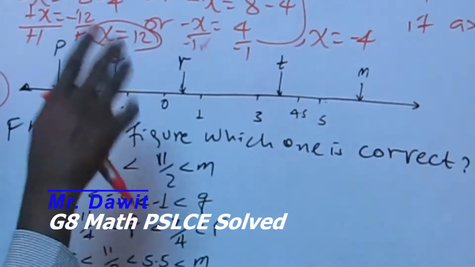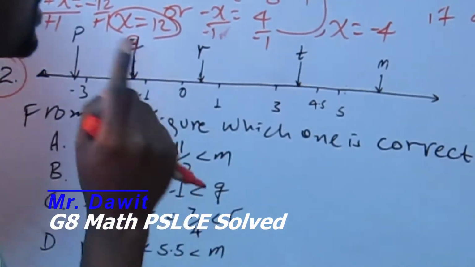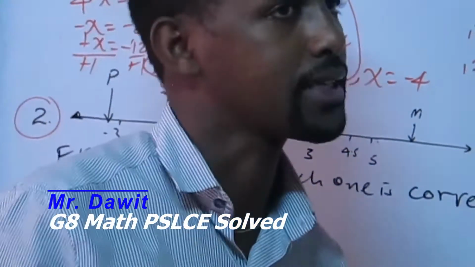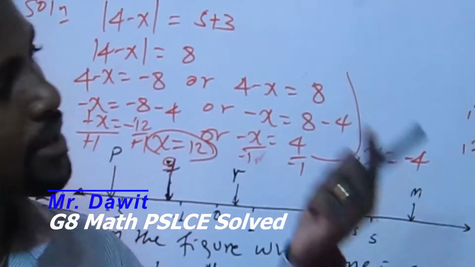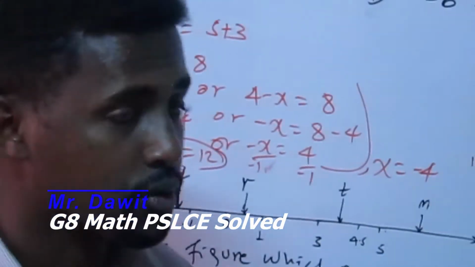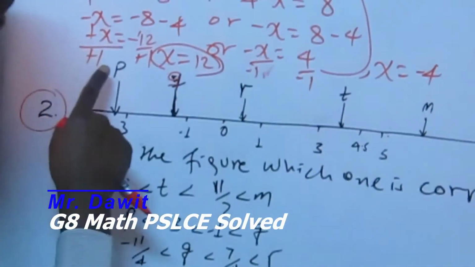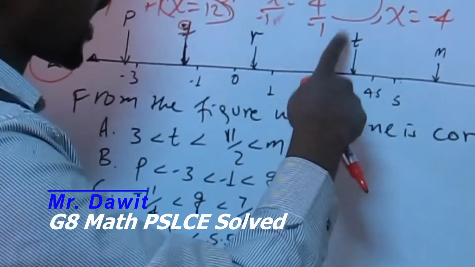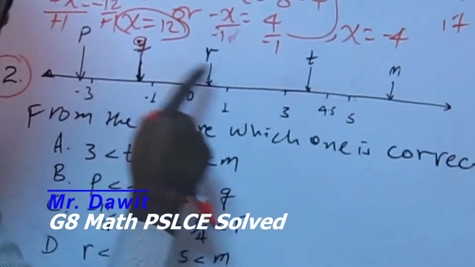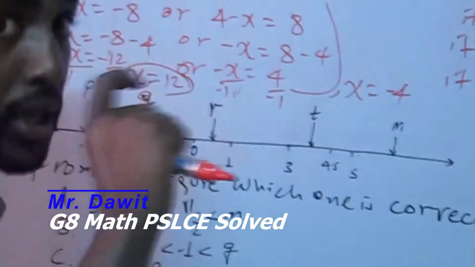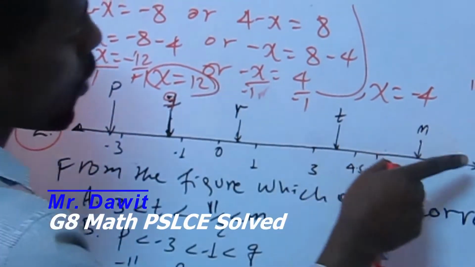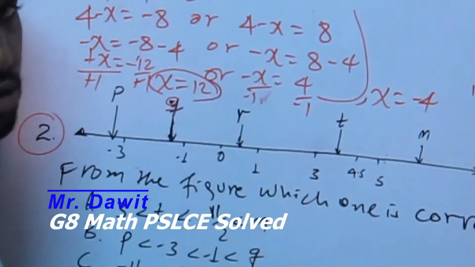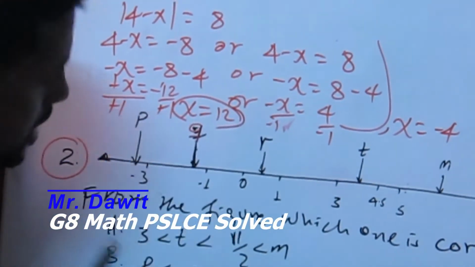Before we answer this question, first we have to remember that for the value of the numbers on the number line, the number which exists on the left side is always smaller than that of the right one. This means p is less than q is less than r is less than t, and t is less than m, because the number which is on the right side is always the greater on the number line. Okay, be careful on the number line. ስለዚህ ቁጥር መስመር ላይ በስተቀኝ በኩል የሚገኙ ቁጥሮች ምን ጊዜም በስተግራ ከሚገኙት ትልቅ ናቸው፣ እሱ የሚለው ኮንሰፕት ይዘን ነው ካልሆነ መመለስ አንችልም።